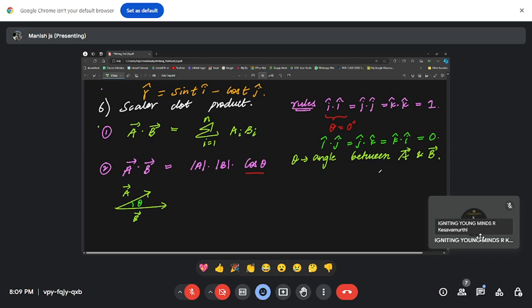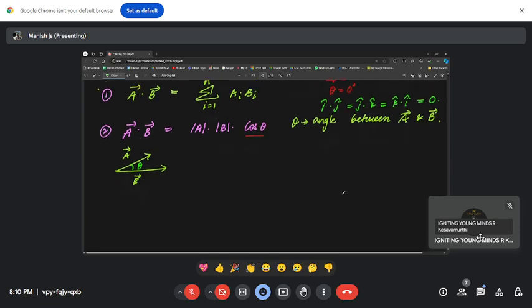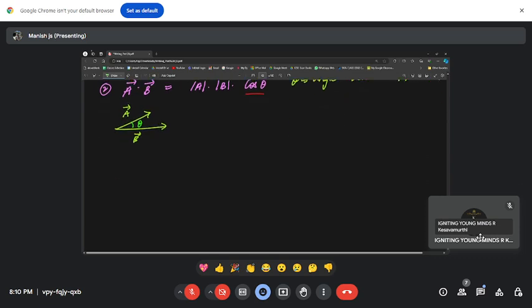So on that note, we'll proceed further. I hope the scalar dot product of vectors is now clear, and the two different aspects of evaluating or determining them I have also explained. So with that, we'll proceed. Let's look at some examples now. You can try and tell me the answers to the scalar dot product examples.